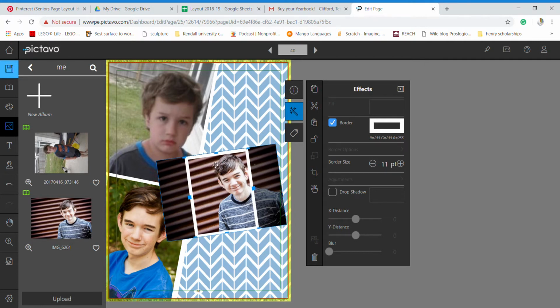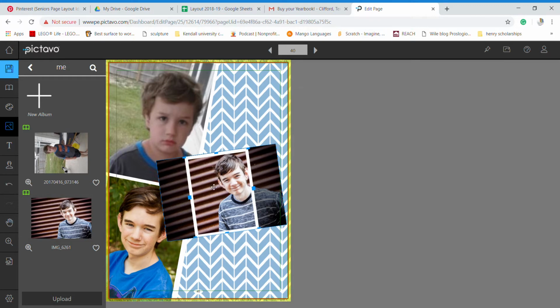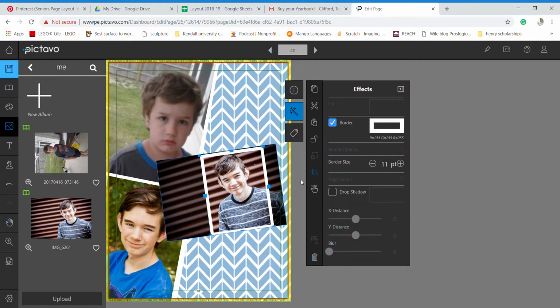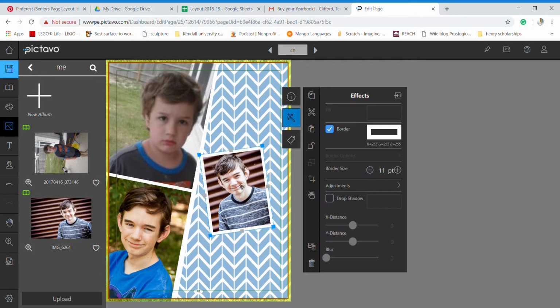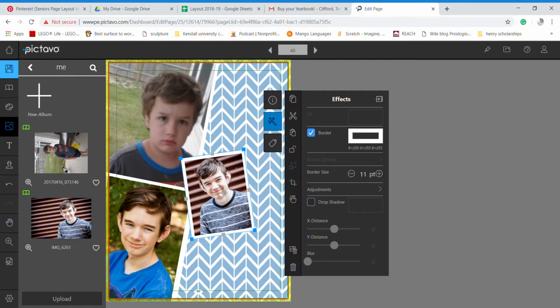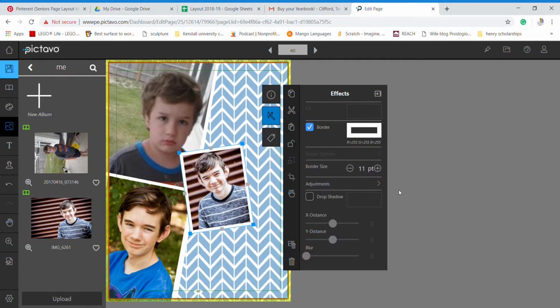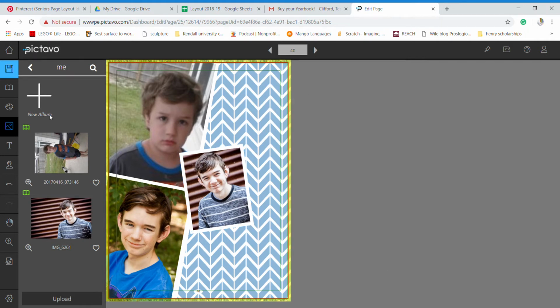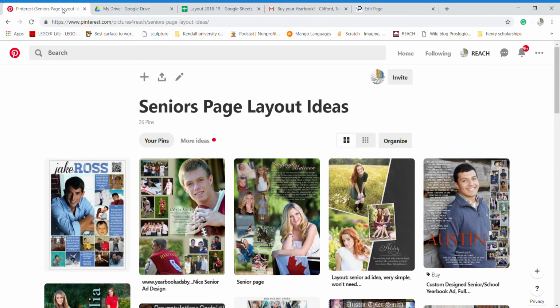And these are my crop lines, so if I double click one more time, I should be able to move it. Ta-da! So once I do that, I click off, and then I can move it back where it was. So now that I have it similar to what is on there,